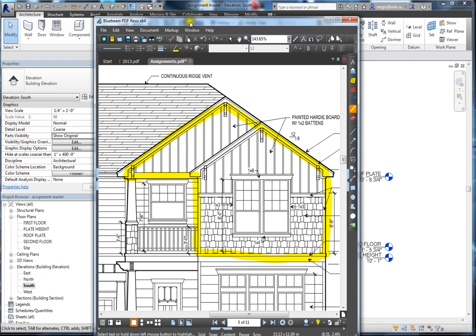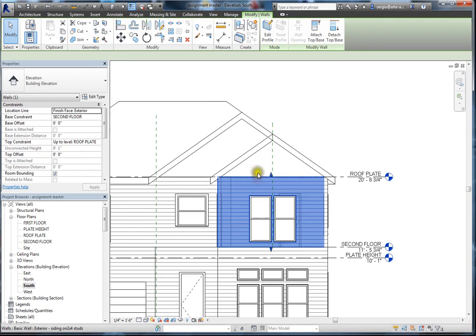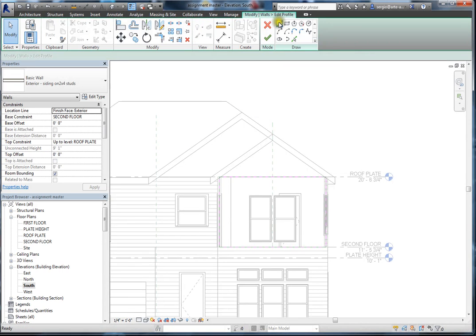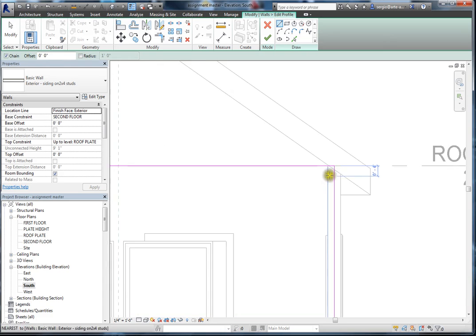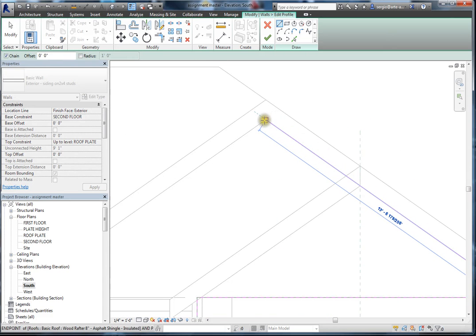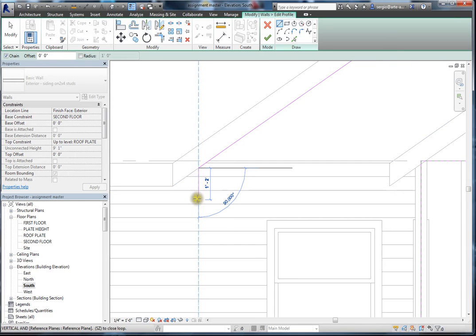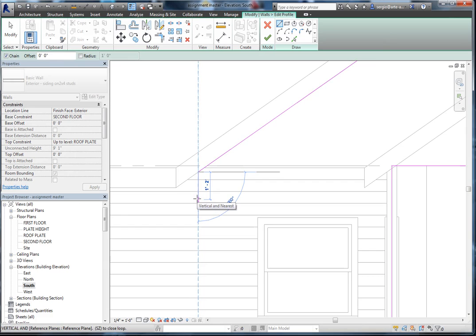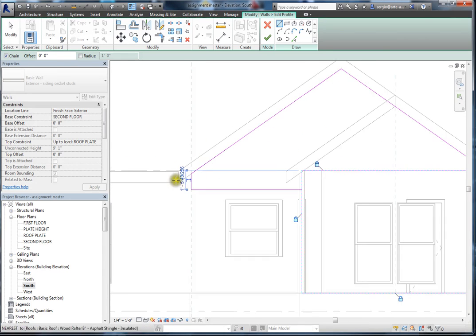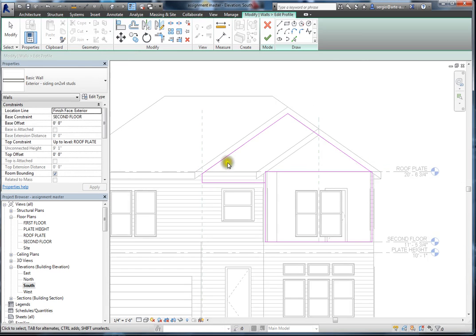Alright? So let's try it. So I'm going to pick this wall, edit profile, and then just sketch my profile. So I'm just going to trace underneath my roof. And it's going to come down somewhere around right there. And it doesn't have to be exact for right now because we can edit it later as we add more detail. So I've got that boundary, and I need to get rid of this one,